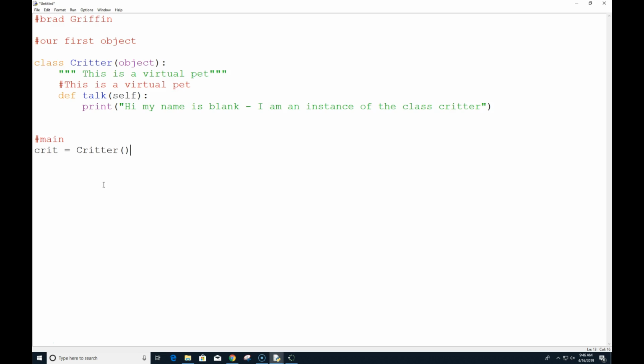Now we don't pass anything into it at this point. All it does is call that function Critter. When it runs, it only has one thing at this point.